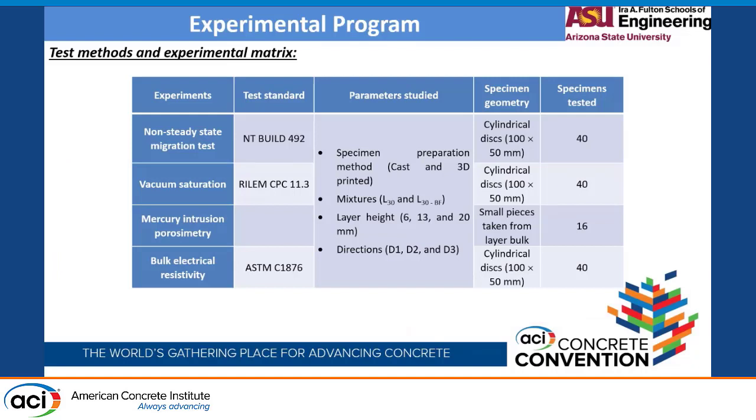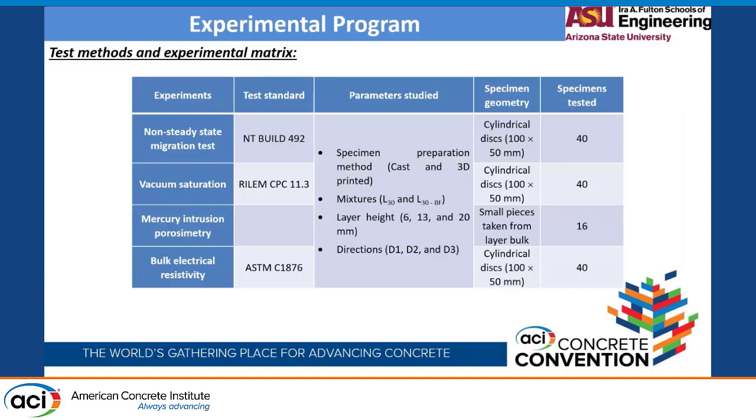So this is the test method that we use to characterize the chloride transport. In the non-steady state migration test, the 50 mm thick slices of printed mortars were exposed to catholytic and anolytic cells with sodium chloride and sodium hydroxide in the specified concentration, and they were exposed to chloride transport under the influence of an external voltage of 30 volts to start with, and based on the initial current that was passed